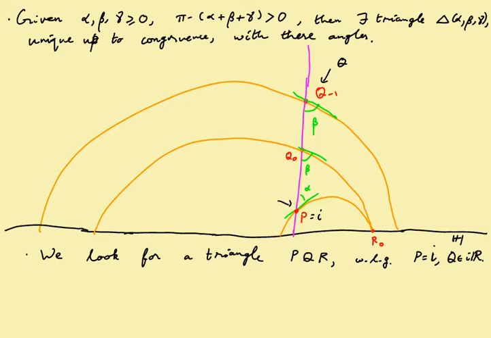Now in the Euclidean situation, what always happens is that if we have a line and we have two given angles on it, alpha and beta, these eventually meet at a point if and only if alpha plus beta is strictly less than pi. So that's sort of an extension of the parallel postulate. But in hyperbolic geometry, that's not true. Here alpha plus beta is visibly less than pi. However,